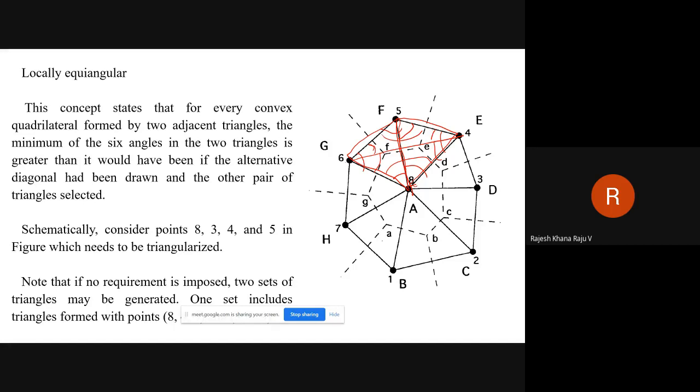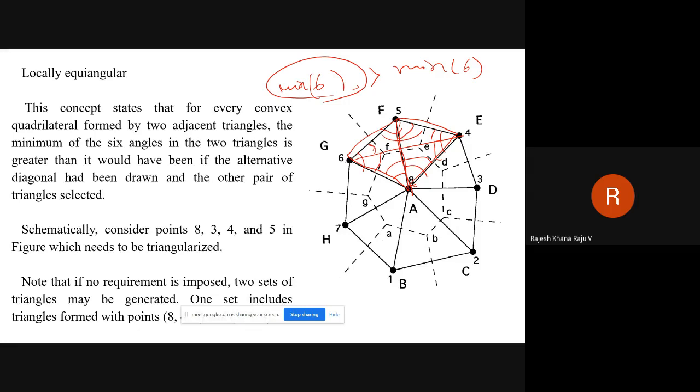Then in both cases, we check in which case the minimum of the 6 angles is greater, and that particular combination of triangles will be retained.